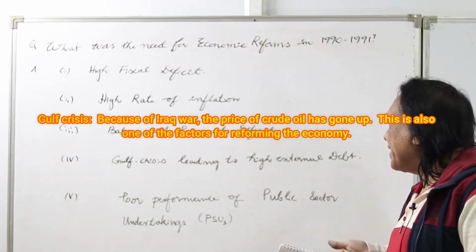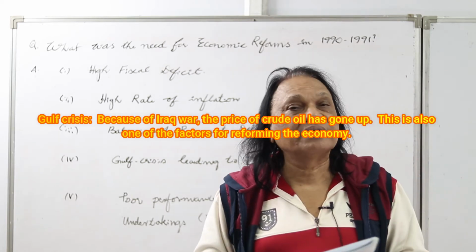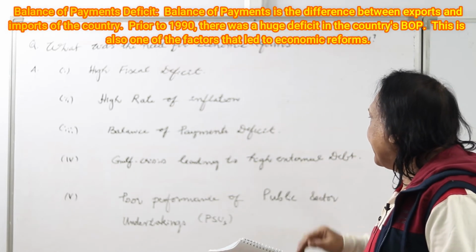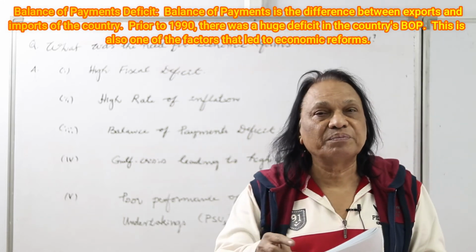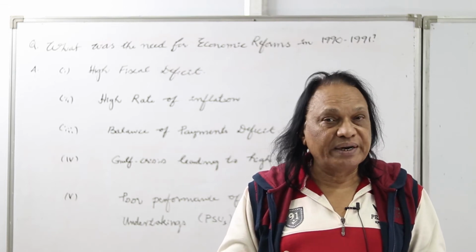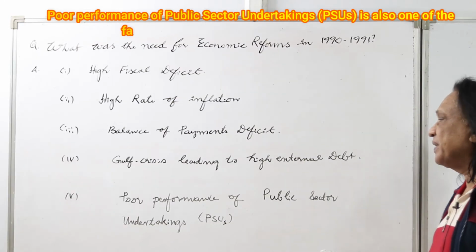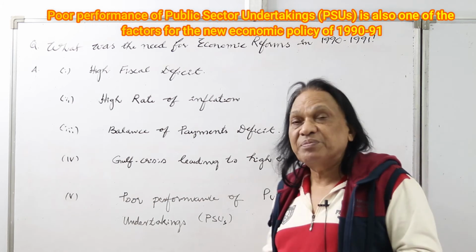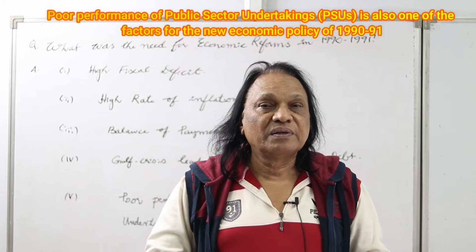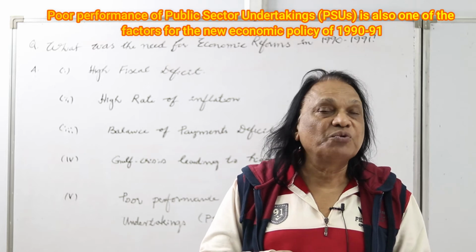Gulf crisis leading to high external debt. There was a Gulf crisis, the Iraq war, as we call it. Because of that, the price of crude oil went up and that led to high external debt. We have to import oil because India is a major importer of oil, so that also led to a big crisis. And the last point is poor performance of public sector undertakings, PSUs. The performance was very bad. So that's why the finance minister Dr. Manmohan Singh brought the new economic policy